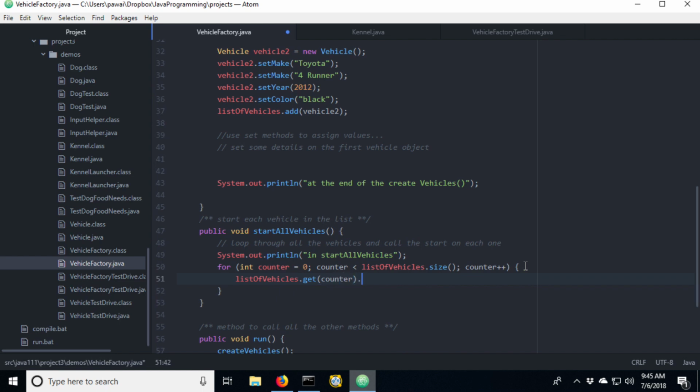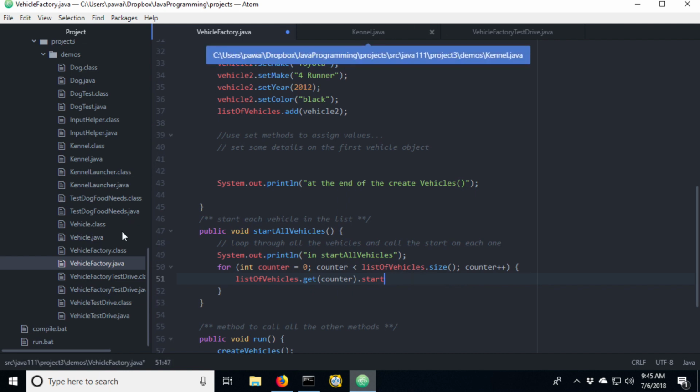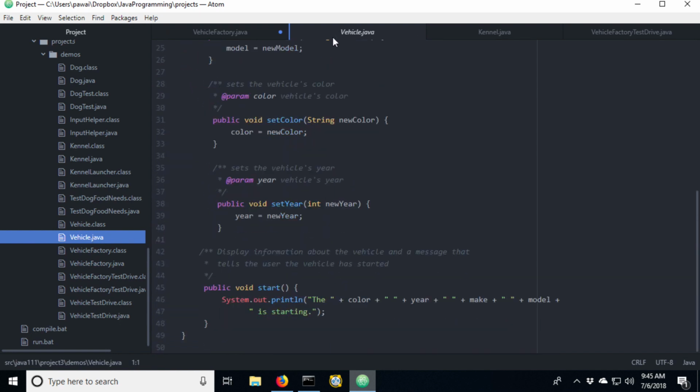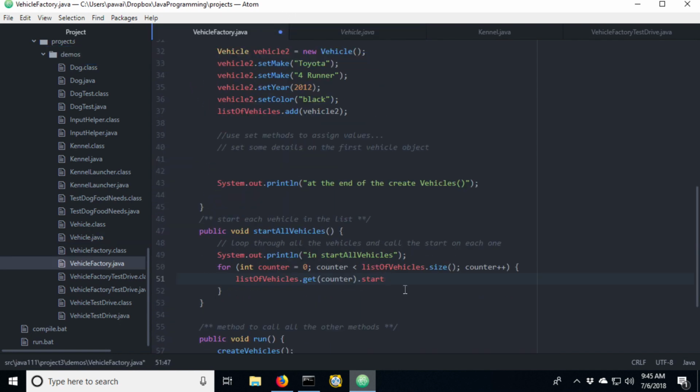Then from that, I could string together dot notation to call the start method. Not start all vehicles, but start my vehicle. I need to double check what that method was. Yeah, it was just start. So then I could call start here. Now this is chaining together a couple of calls. On the list of vehicles, I'm getting a vehicle at a particular index, and then I'm starting that vehicle.